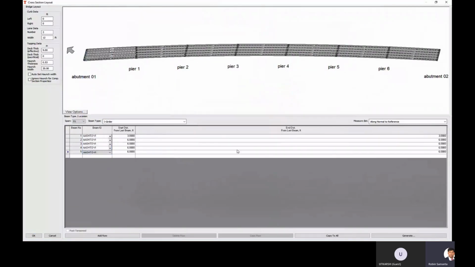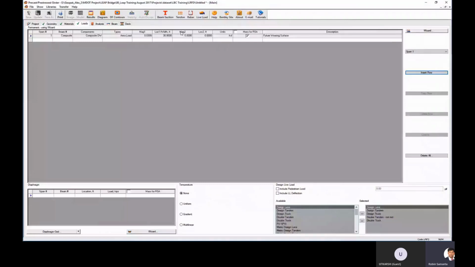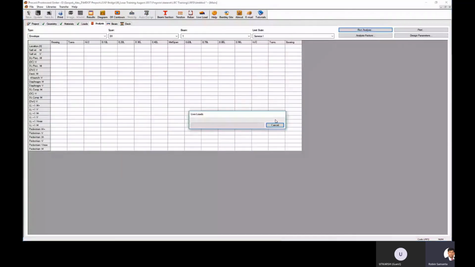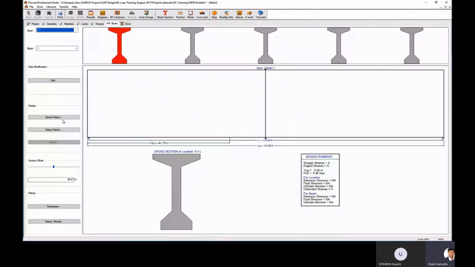And basically, we will update the model once again in LEAP Bridge Concrete. And you can see here that these are looking different, right? In span 1 we have changed the girder. So again we are going through a similar process. Because the load we have applied is already there, the self weight will update based on the new girder size. Then it is summarizing all the design forces, then go to design. And when we do the auto design, you can see obviously the strand number reduces, right?